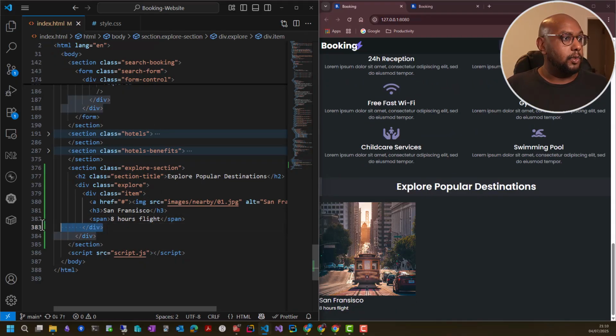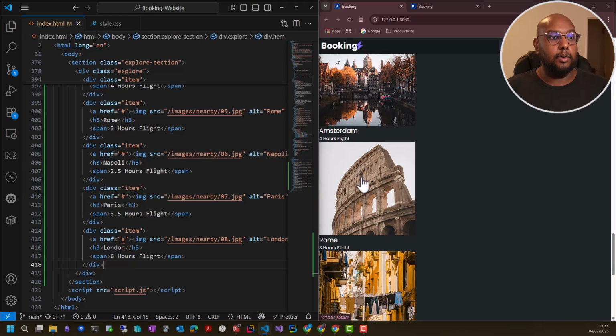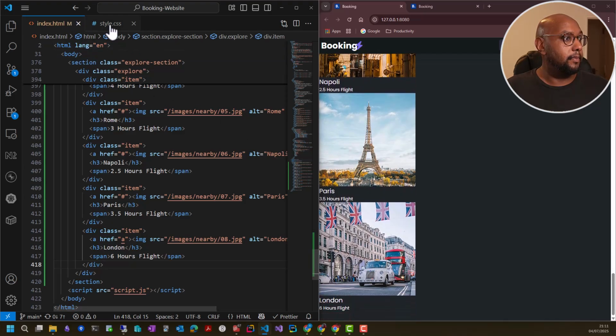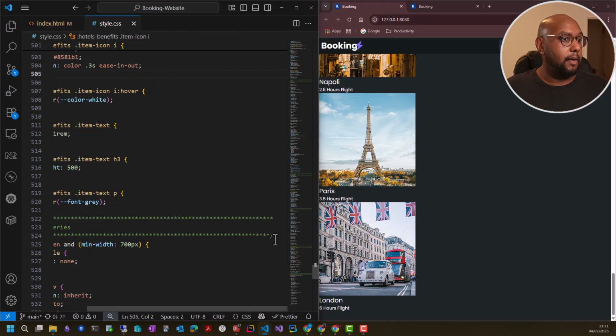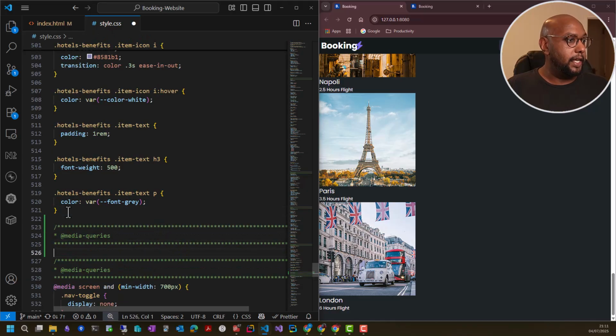You can either duplicate the item or you can copy the divs from the exercise files. They are identical except I changed the text and the images. And now the images appear beneath each other, so we are going to style them now. Again, let's copy the comment from here, change it to be Explore section, and then .explore-section .explore